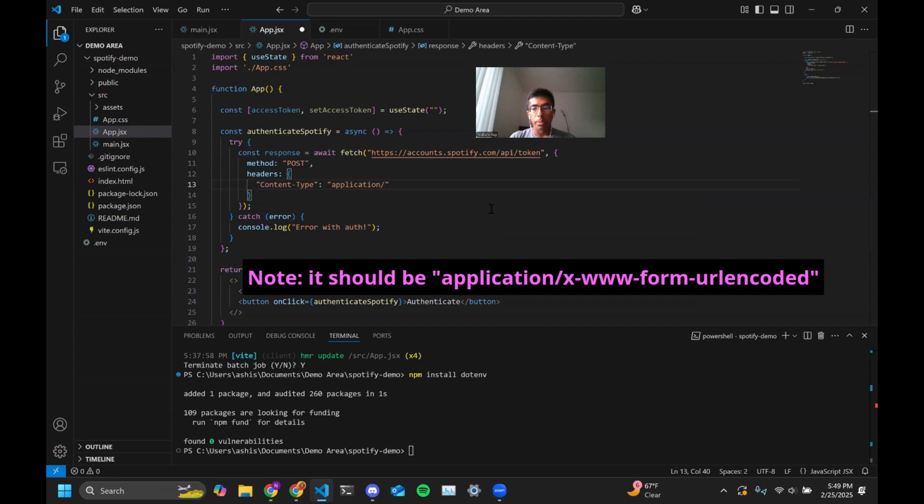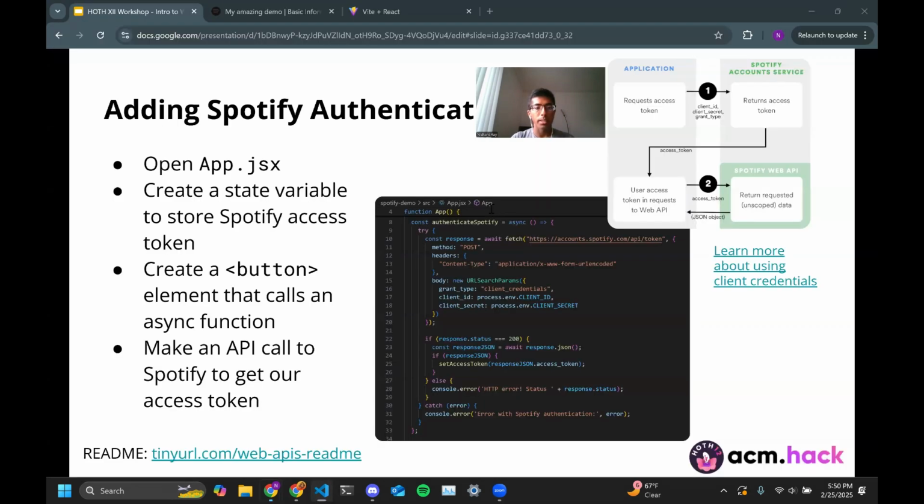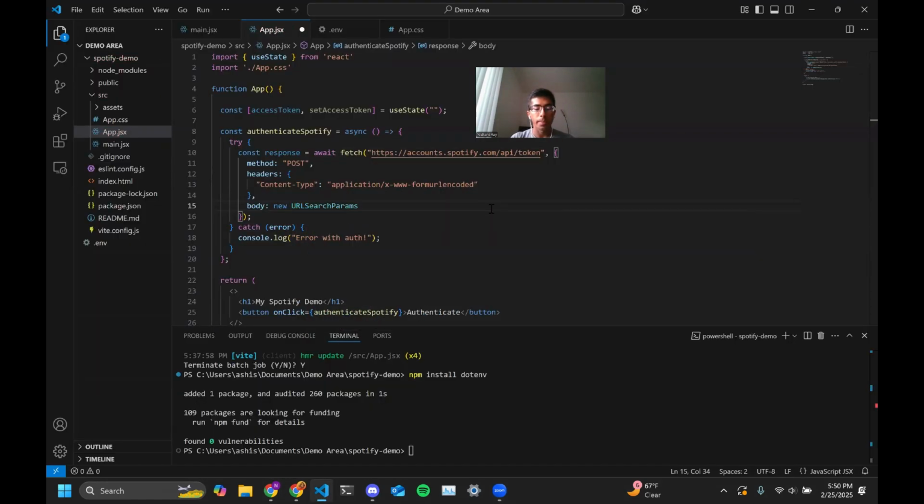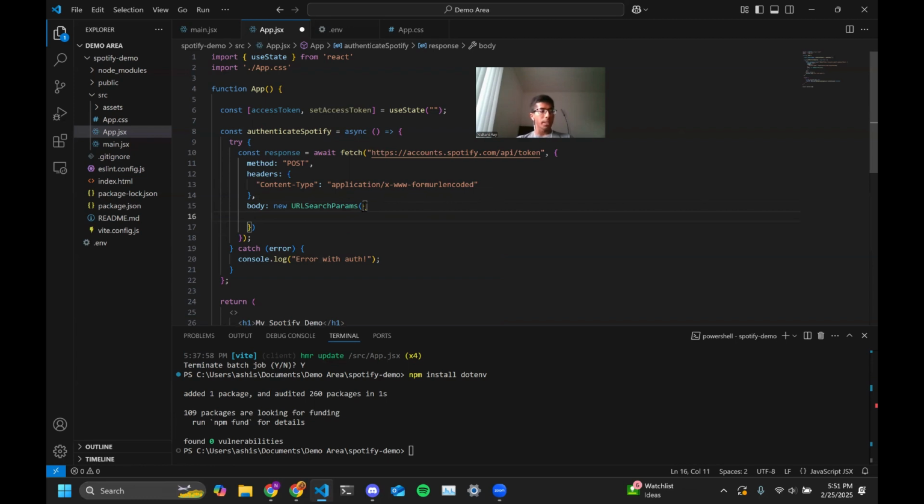And the content type in this case will be something like this, which may seem a little confusing right now, but it's basically a different way to send content in our body, which we'll specify right now. To do that, we'll use something called URL search params. URL search params helps us define our body to be in the format of form URL encoded. This is basically a series of name value pairs again, just in another format that Spotify wants us to use. So inside URL search params, we can actually set the body content to be similar to a JSON,